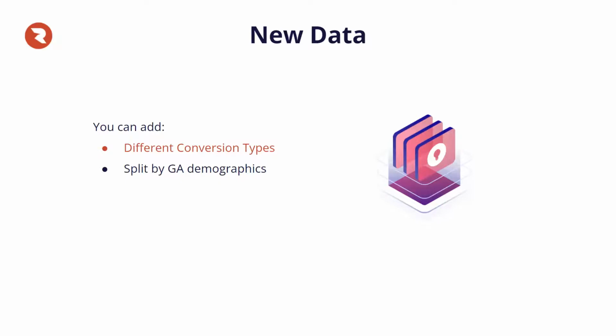Or you can use age, gender, etc., depending on what your GA is storing, and of course, depending on what Google Analytics allows to download together, because GA is restrictive about what demographics can be downloaded together with campaign results, etc. So, of course, these limitations and restrictions still exist, but in Roivenue you can add more data like this. A different example can be differentiation by device, by browser,